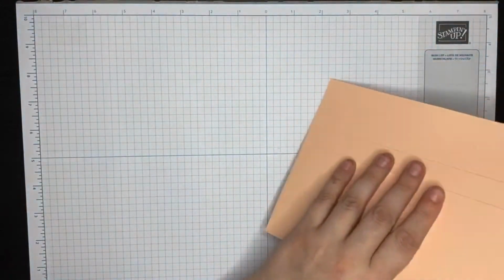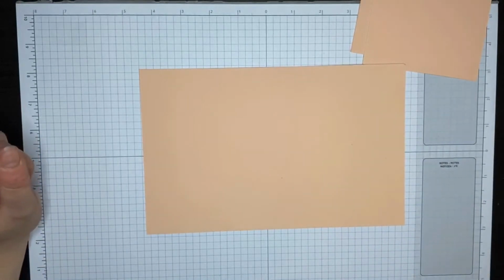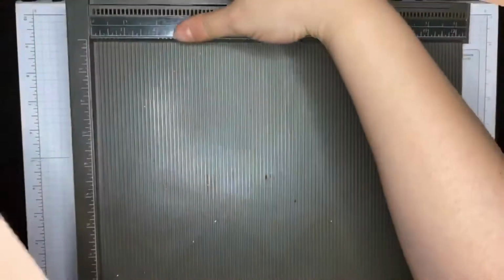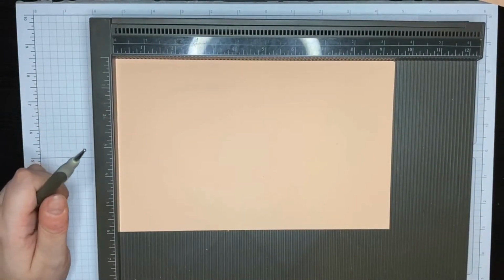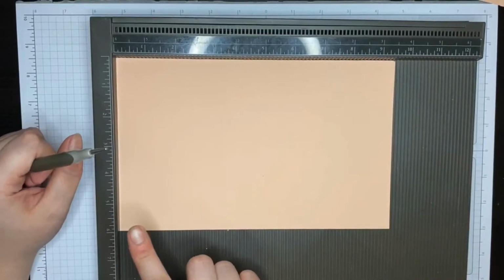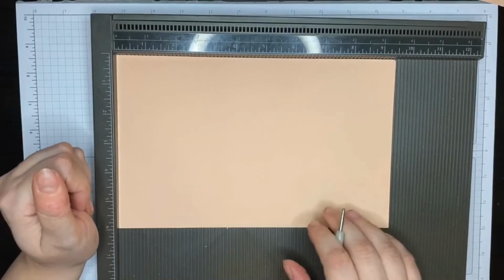So we'll get scoring. And I'm going to start with the biggest piece. I'll just grab my scoreboard. And then my tool. Just make sure I'm still live because my laptop's decided that I'm not anymore. No, there we are. Okay, so on the 6 by 9.5, we're going to start on the 9.5 side, and